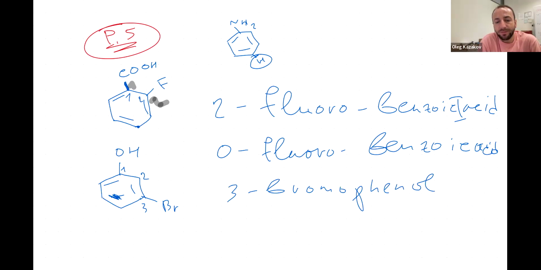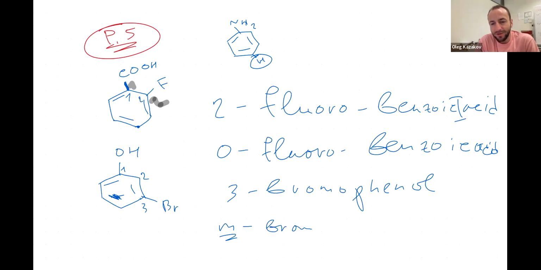So finally, we have this meta, M, from meta. If we have the 1,3 substitution pattern, then we are going to deal with the meta substitution in case of di-substituted benzenes. 3-bromophenol is a di-substituted benzene, if you look at this, right? We have an H removed and switched to OH, and another H was removed and switched to a bromo group. So di-substitution. So meta,